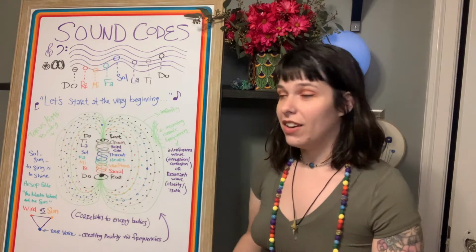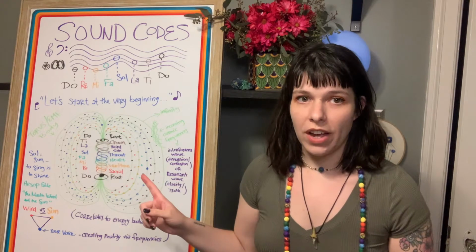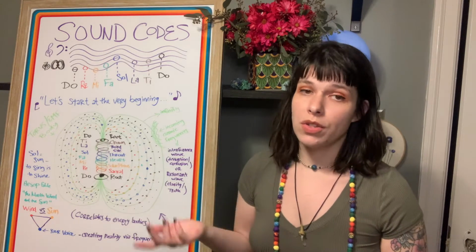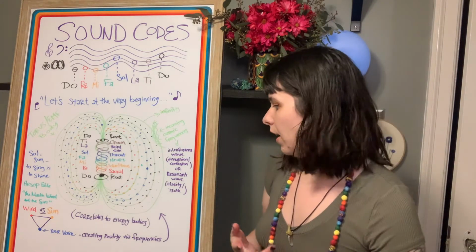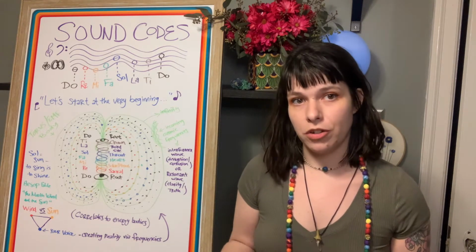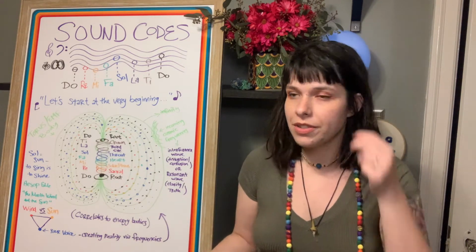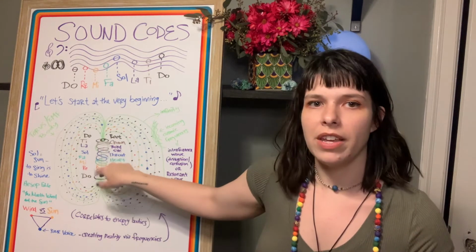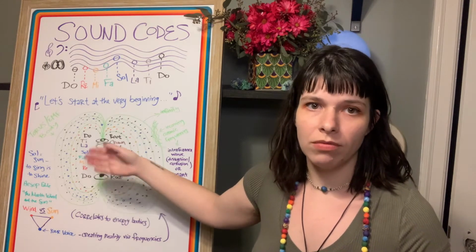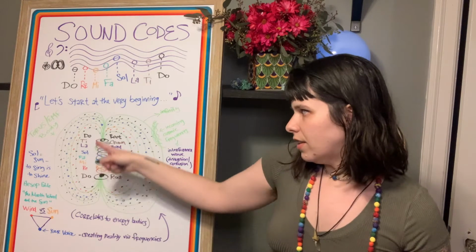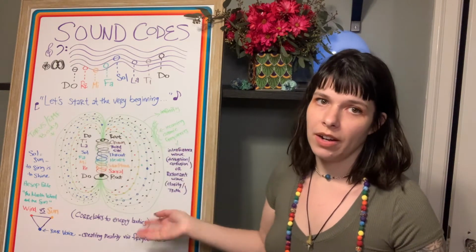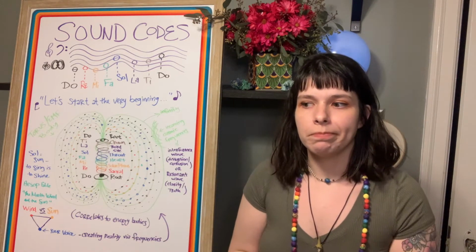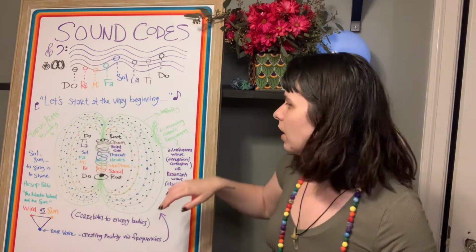So what I've done here is I've related the solfège to the chakras of the body, and they can also be related to the different energy bodies as well, and different dimensions as well. You can kind of take this all different directions. So I've drawn the energy body in this light green, and the physical body itself is the middle light green as well. And this energy body is the torus. It's just how that energy moves, and how it moves in the world.